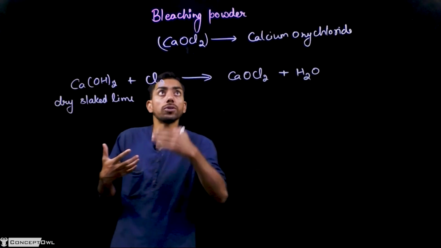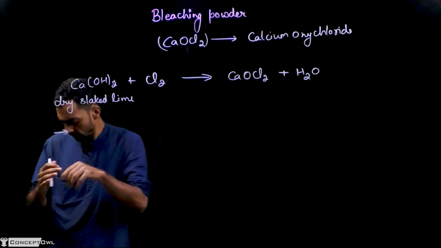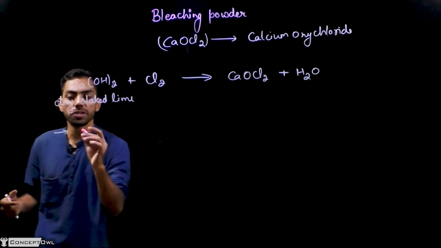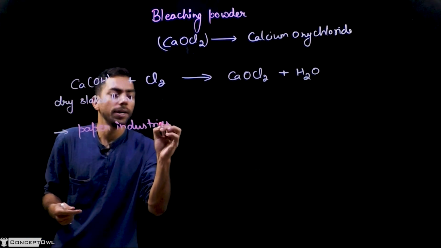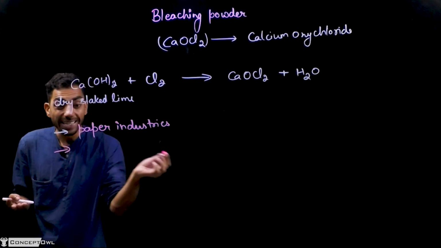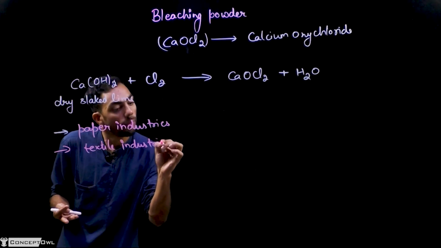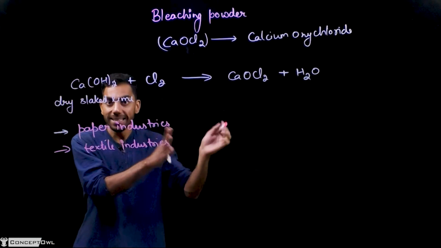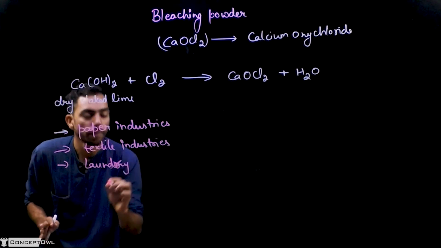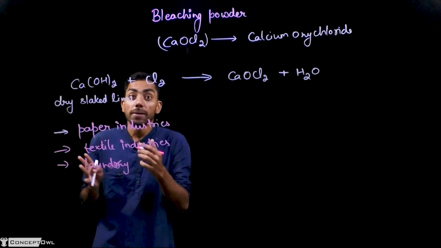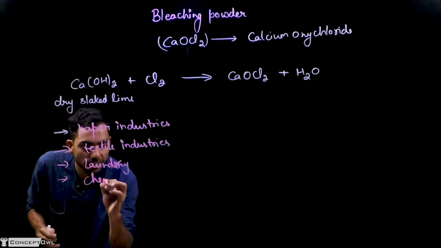Now there are so many uses for bleaching powder. Do you know any use of bleaching powder? So bleaching powder, I'll use another pen. Bleaching powder is used in paper industry. Why? To bleach the paper. Okay. It is also used in textile industry. Why? Again, to bleach the textile. It is also used in laundry. Why? To bleach the washed clothes. Clear? It is also used in chemical industry